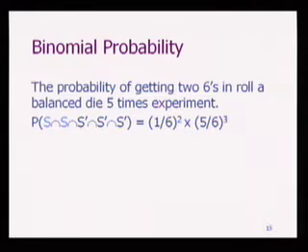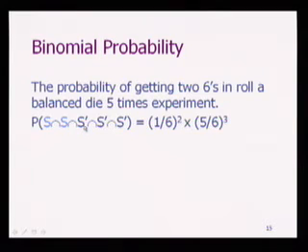After you perform the casting die experiment just one time, the next time you cast that die, the chance of getting a 6 is still 1/6. So whatever happened earlier will not affect what happens next. So these outcomes, or these events, are independent of each other. Remember we talked about independent events. This could look like 5 independent events, right? If all these events are independent, what's the probability of the intersection of all these 5 events? It's just a product of their probabilities, okay? The probability of S, or 6, is 1/6, the probability of another 6 is 1/6. So we have 2 factors of 1/6, 1/6 raised to the second power.